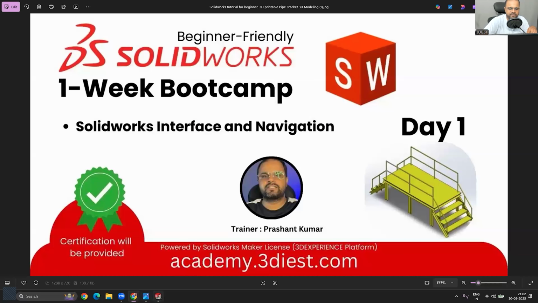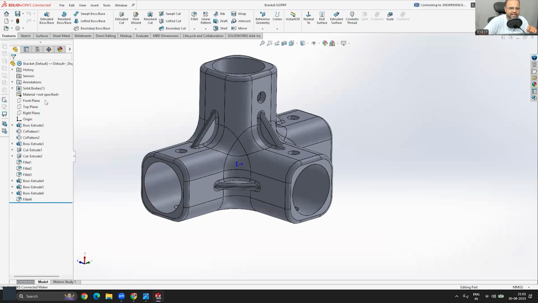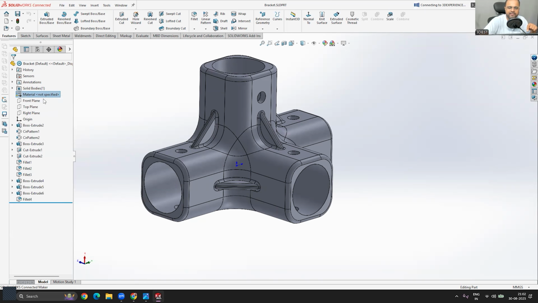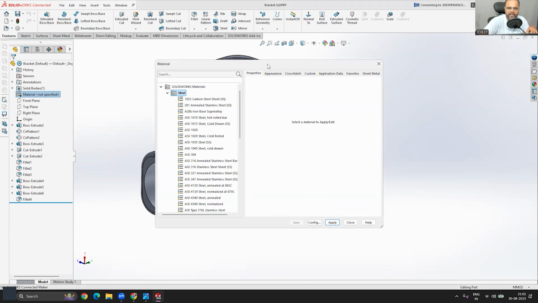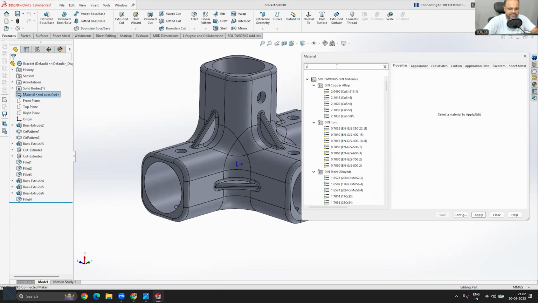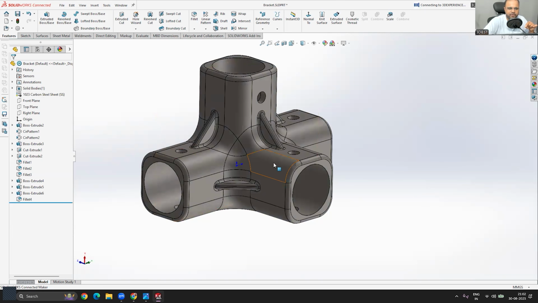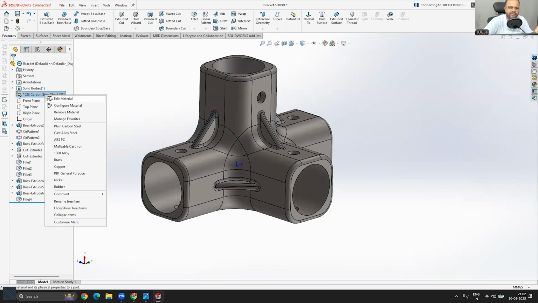In our case, in this bracket design, as you can see, the material is also not specified, but we can specify it. To specify the material, we simply right click on the material and go to edit material, right? A window will pop up from where we can find the material. Let's say I want to use steel, so I write steel and look for carbon steel. This is the carbon steel. I simply select it, click on apply, and then click on close. You can see for this body we applied the carbon steel material, right? At any time you can right click and change the material as well. So you have that option.